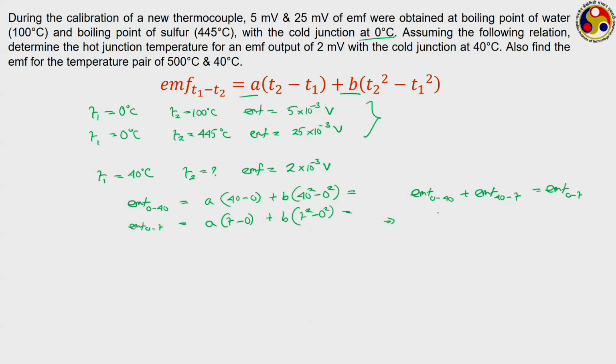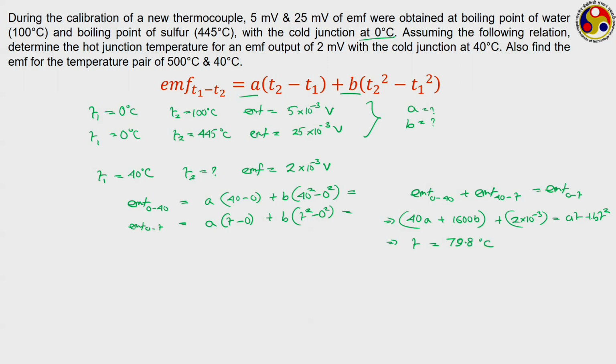So, if we put those values, EMF 0 to 40, for our notation, is 40 A plus 1600 B, plus EMF corresponding to 40 to T, that is given as 2 into 10 to the power minus 3, that will be equal to AT plus BT square. As A and B values you have already calculated, putting this you are going to get the value of T, and in this case T is going to come as